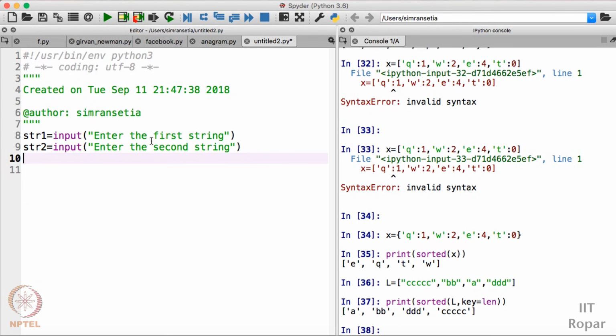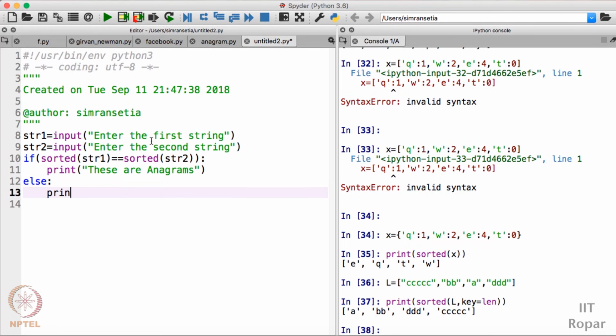So what should I write here? If sorted of str1 is equal to sorted of str2, then I should print these are anagrams, else I should print these are not anagrams.